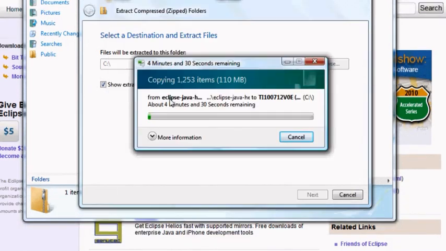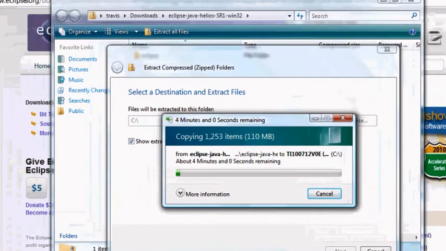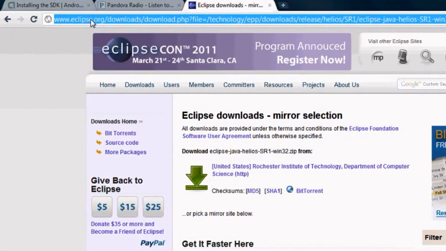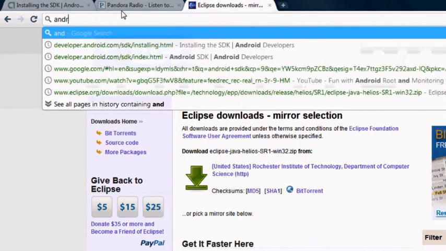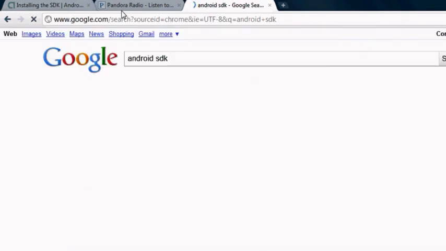Okay, download this on your PC or laptop, and after that you can search Google about the Android SDK and the Android emulator.